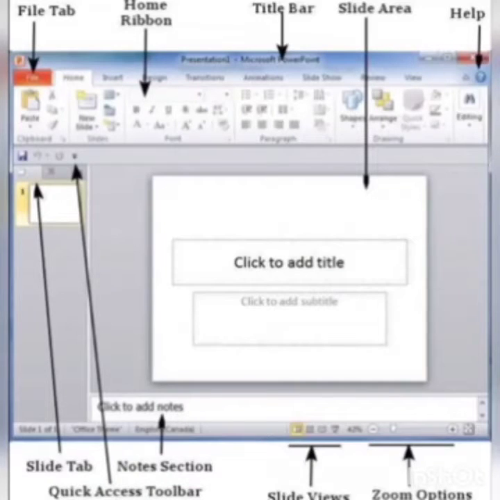This is the MS PowerPoint 2010 window screen, and here you can see different elements shown by the arrows.